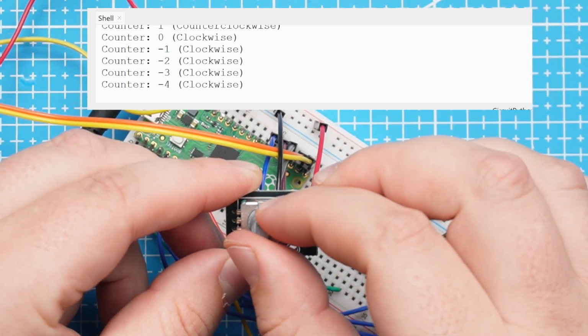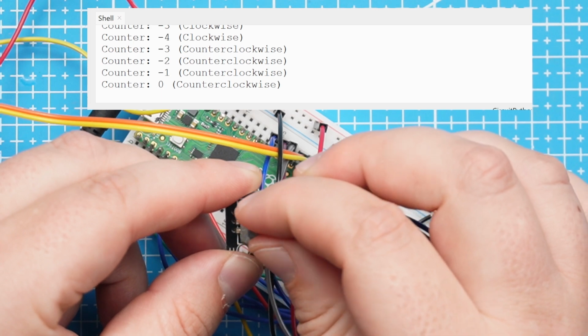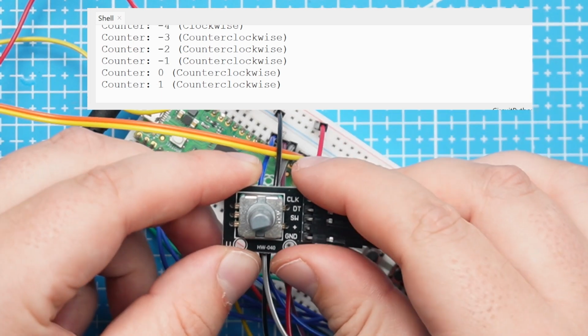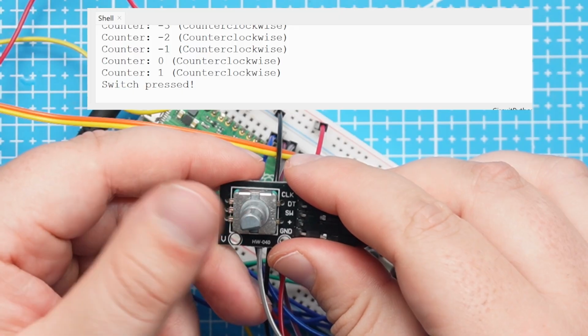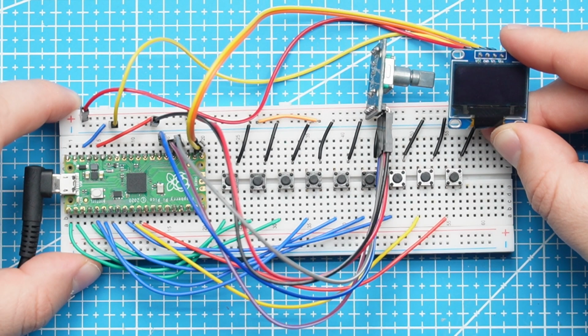And if I turn it anti-clockwise, it will add one and show counterclockwise. And if I press this button, it will say the switch is pressed. Now that we have a working prototype, we can finally go and write some code and turn this prototype into